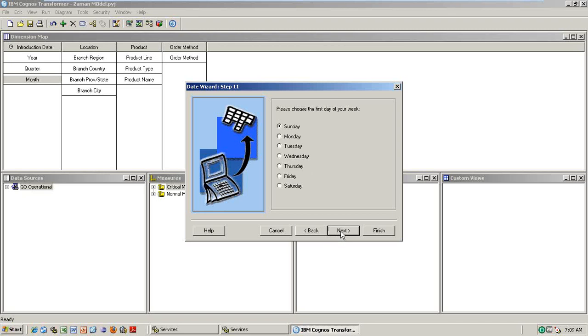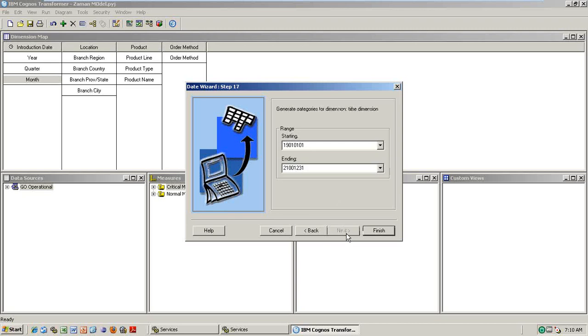Do you want first day of the week is Sunday? Yes. And do you want a week that spans a month boundary to be treated as split between the two? So for example, last week is coming and Monday to Friday or something. So different months, it has to split accordingly. And from which day you want to populate the data. Say I'm taking 2013, for example. Do you want to generate the categories now? Yes, let it generate. And starting from which date to which date you are expecting. I am expecting 2013 to 2016.